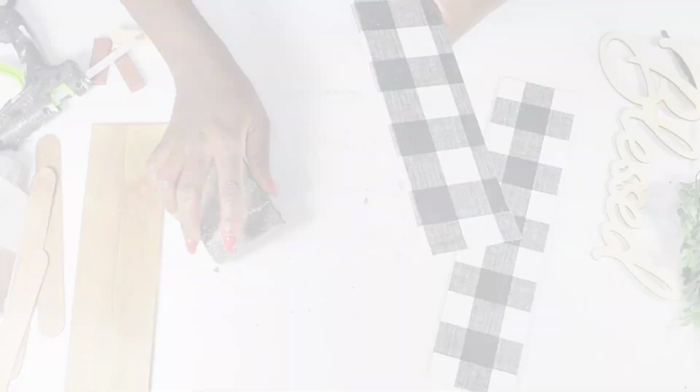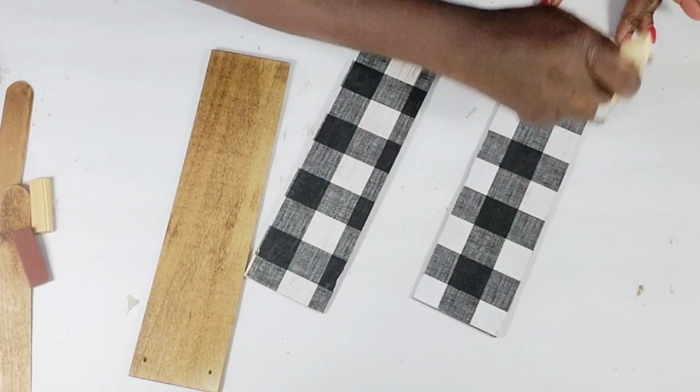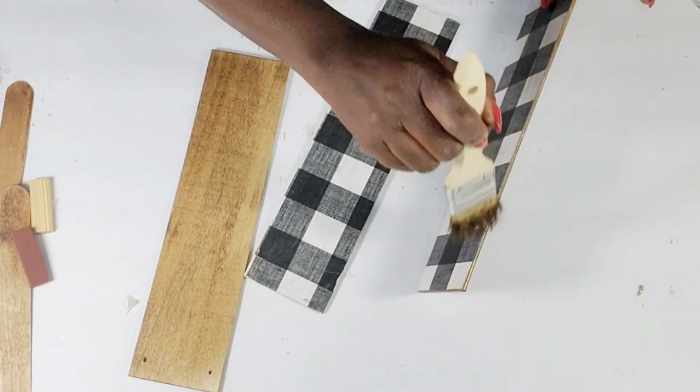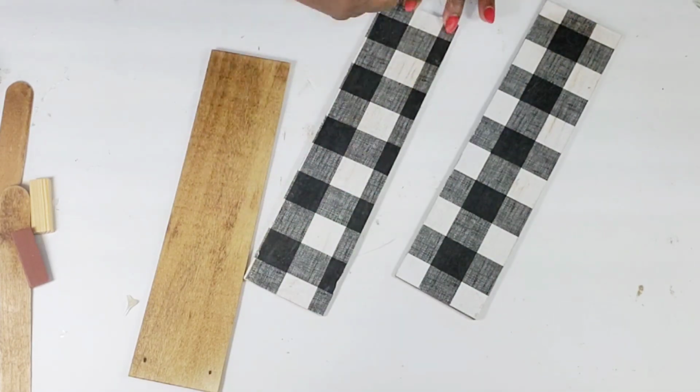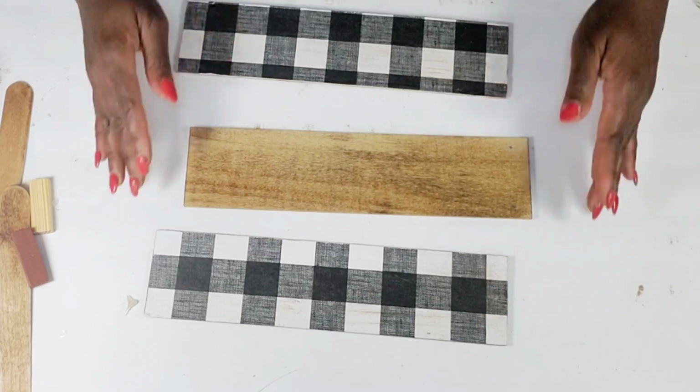Once I get that complete, I'm going to go over them with a little bit of antique wax. I'm just dry brushing it over a little bit just to give it a little distressed look. Not much, just a really little bit. And then once I get that complete, I'm going to line my pieces up so that I can connect them